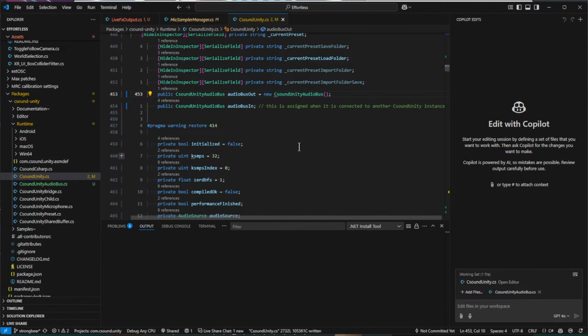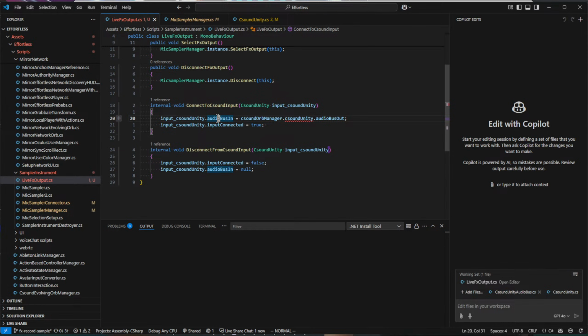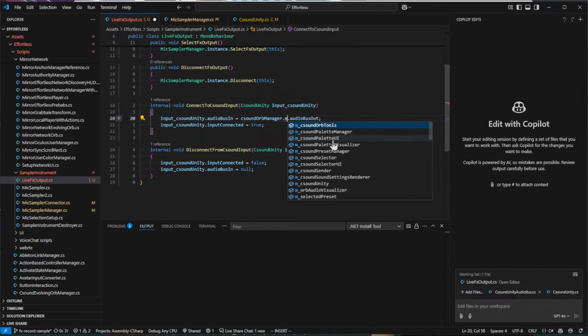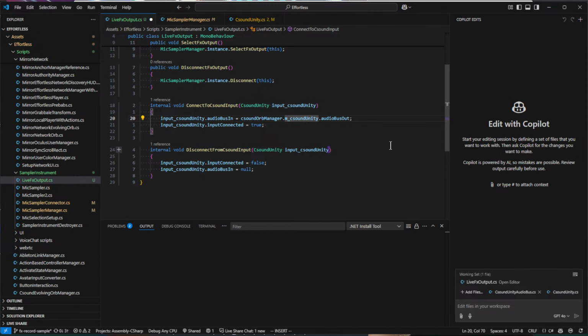I'll need a method to set these up instead of directly accessing the property. But for now, I need to make it work first before I refactor and care about the other things. So let's save that, and then